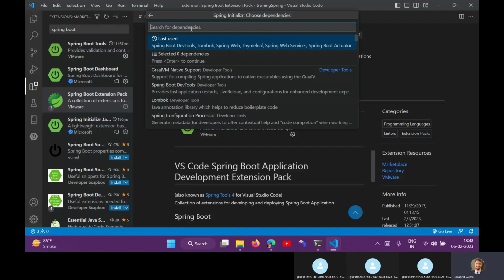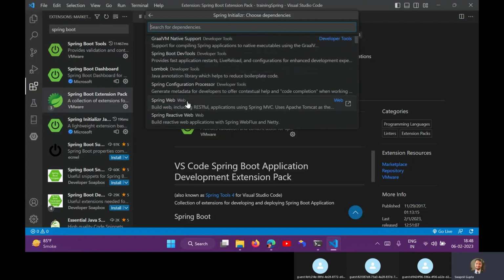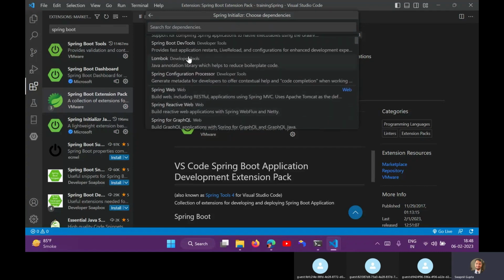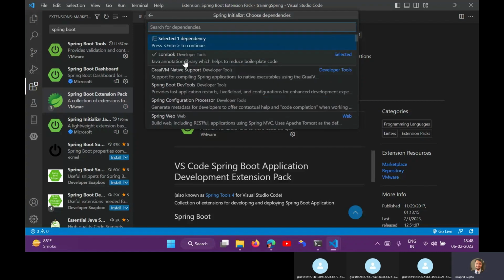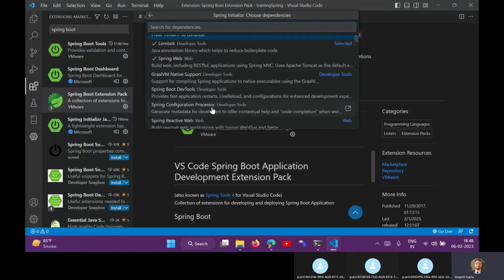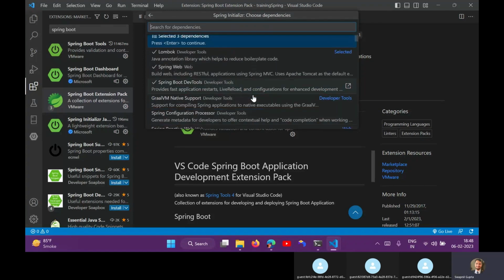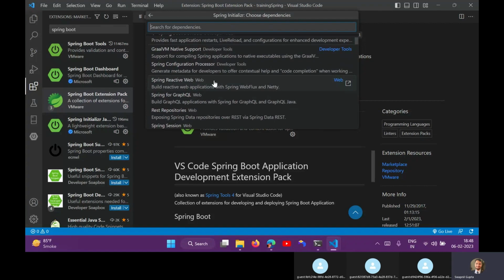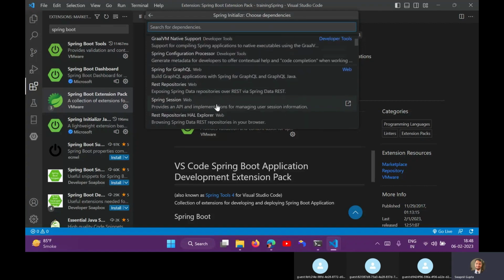I'll work on 17 and choose the dependencies. You have all the dependencies written over here. You can just go like this, or you can pick everything one by one, the same thing that we have done over there. No difference.